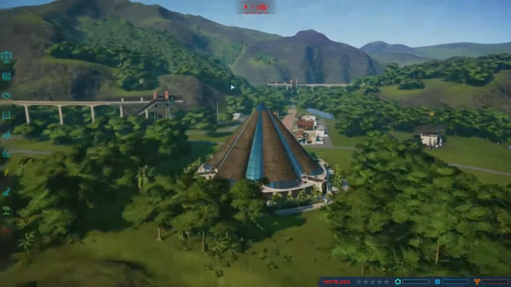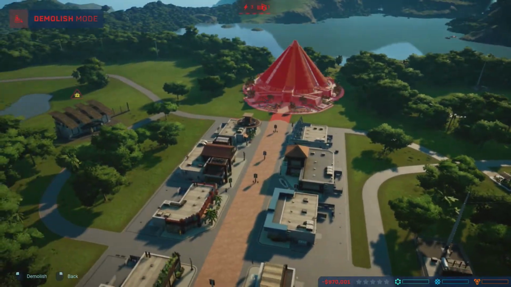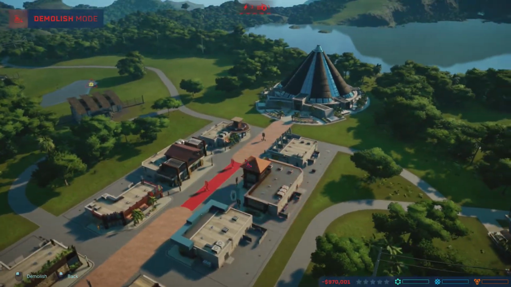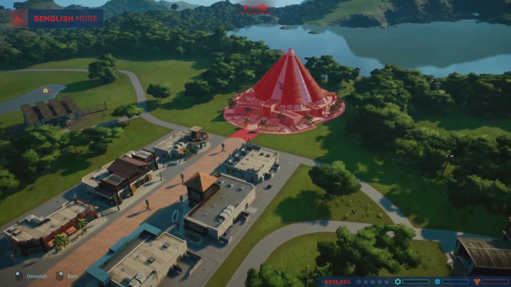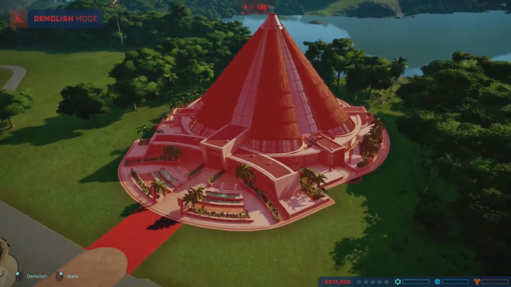Okay, guys, we're going to have to sell. I think they hinted at us that we're going to have to sell some buildings. So let's try and see how much money that will get us. Because, you know, we need to have money to do something in this park. So let's see how much money we'll get for this. 1.1 million, mate. We have to do it, don't we? Should we do it? I mean,